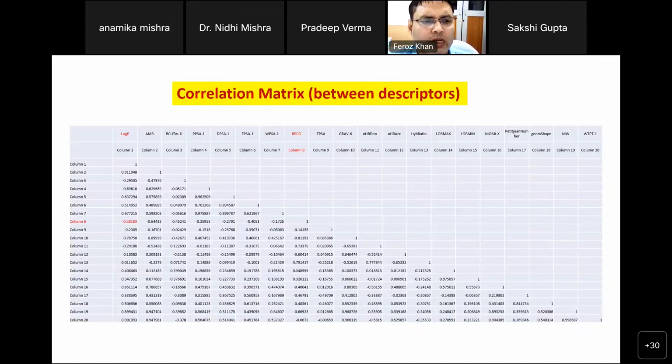The first column represents the logP value, while the rest of the rows indicate the rest of the properties. Those properties which show a coefficient value of more than 0.5 you can understand are highly correlated. Highly correlated descriptors you can consider as a rejection point, because you are considering a similar type of property for making the relationship. So out of a similar set of properties, you can select any one property. This is the way we can check the correlation using the matrix for identifying the key chemical factors.